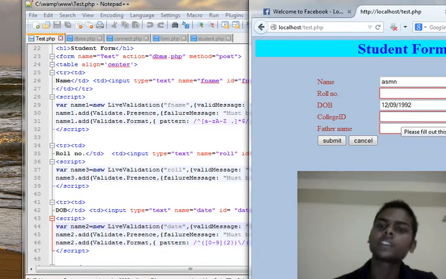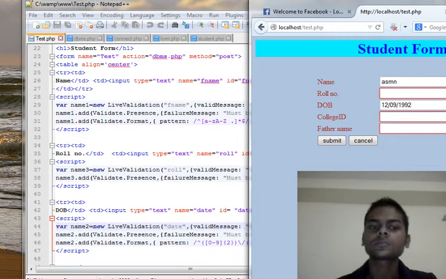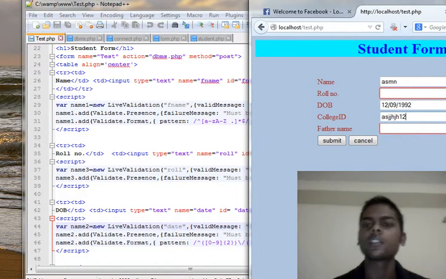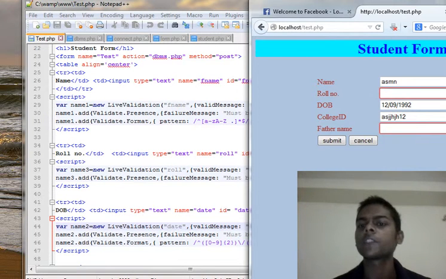Okay, coming to the next, college ID. There is no restriction on slash, characters and other things. We can enter anything, whatever we want, a number or a character. See, side by side the message is showing also. If you fill the correct thing, the message will show all good.